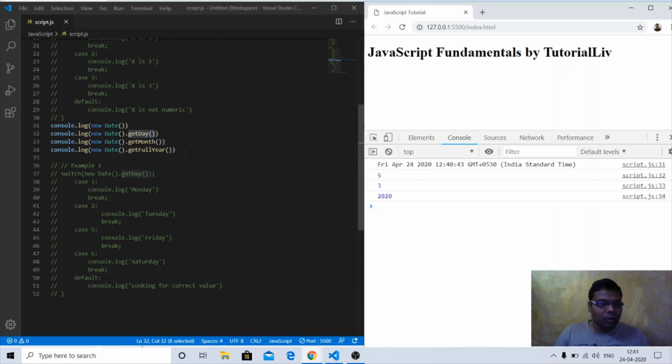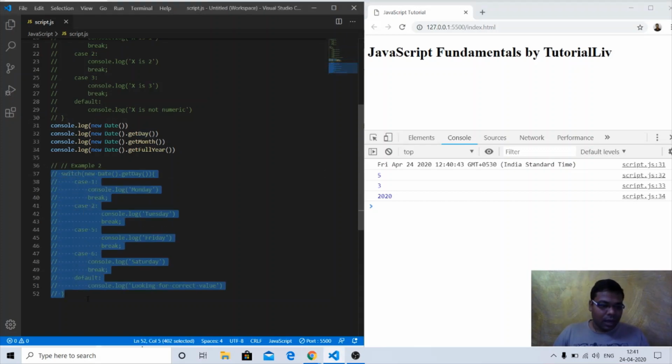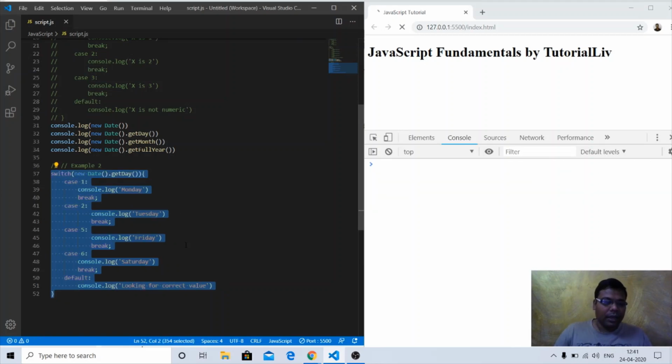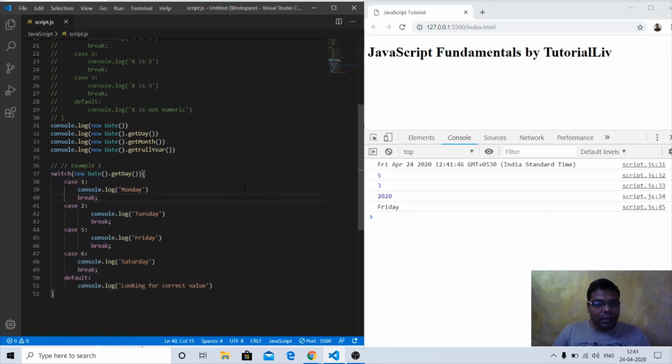So we got to know these JavaScript functions that will return some date kind of details for us. We will use this particular function here to check the day. So new Date().getDay will return 5. The value will be 5, and it's Friday today.